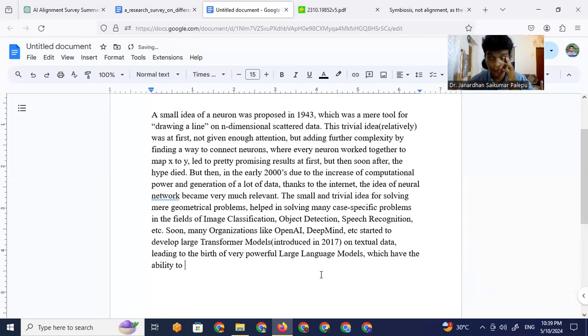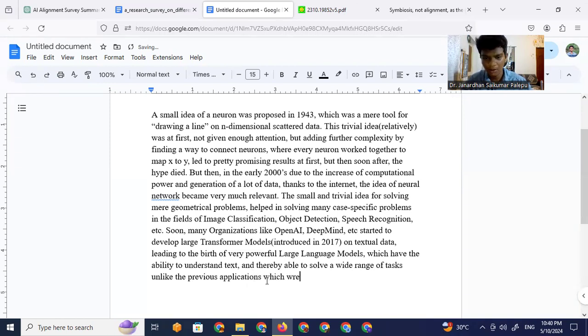They have the ability to understand text and thereby are able to solve a wide range of tasks, unlike the previous applications,